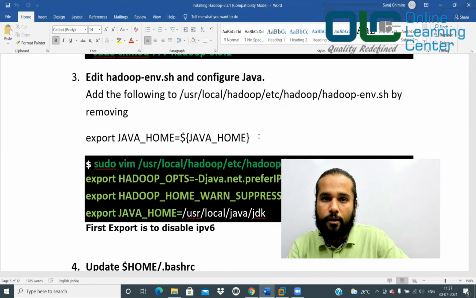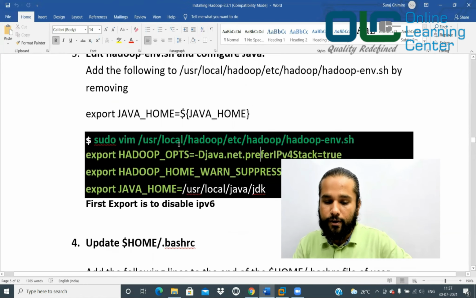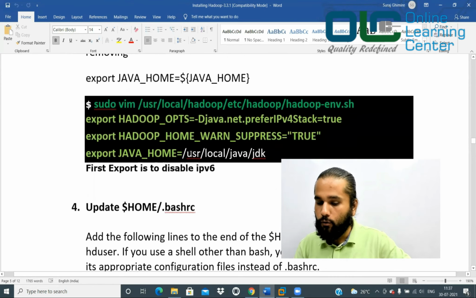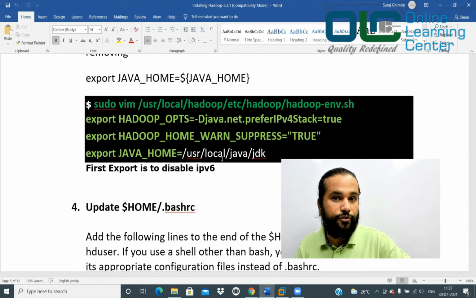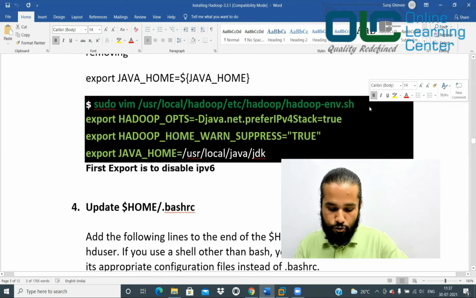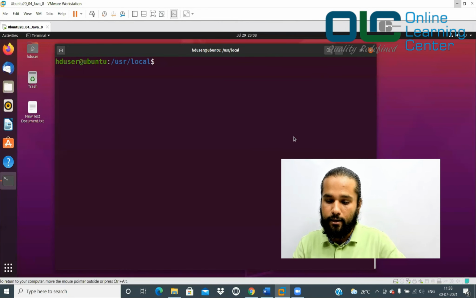Now, Hadoop also comes with a lot of configuration files. We must change those configuration files as well. So let's move on. Now, I will go ahead with /usr/local/hadoop. Inside that, there is a folder called etc/hadoop and hadoop-env.sh, wherein I would like to configure my Java. And what is my Java, guys? /usr/local/java/jdk, because jdk was the symbolic link which we created yesterday, right? So just copy this command sudo vim, which will basically open this file in edit mode, Ctrl L, say paste, right?